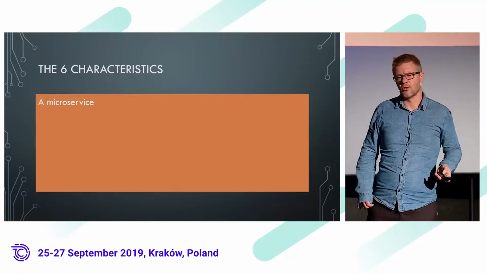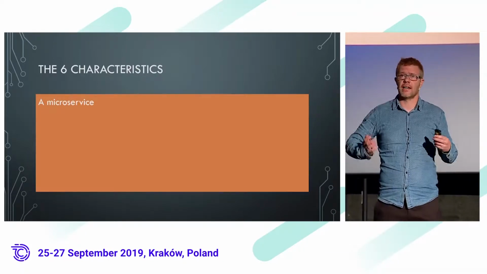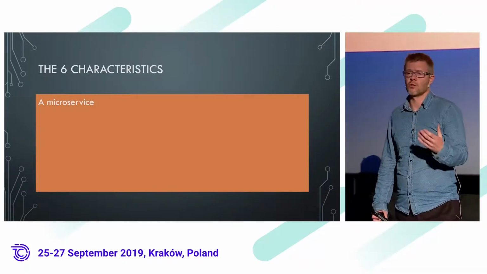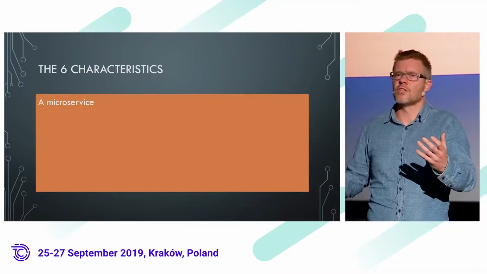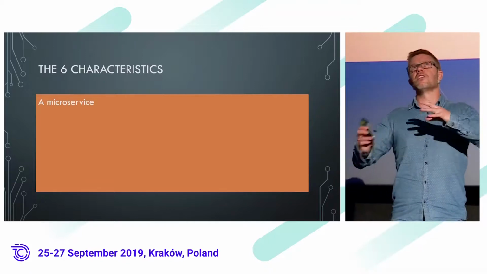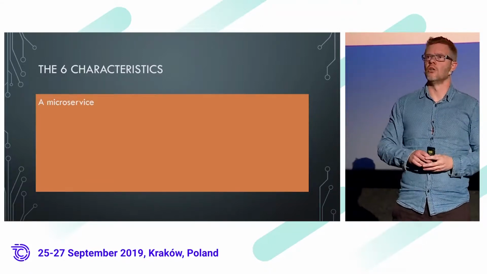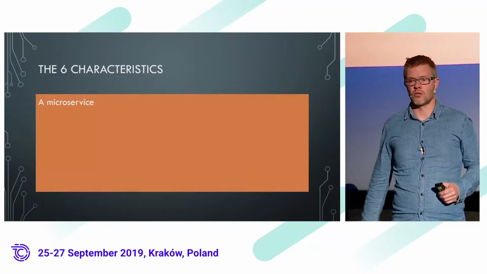I like to look at microservices as something that has the following 6 characteristics, and I use these characteristics both to guide how I design microservice systems, and also to look at systems that people claim are microservices and say, do I agree or don't I agree? And it doesn't mean that if I don't agree, that's a bad thing. It's just nice to be able to know whether we're talking about the same thing when people say microservices.